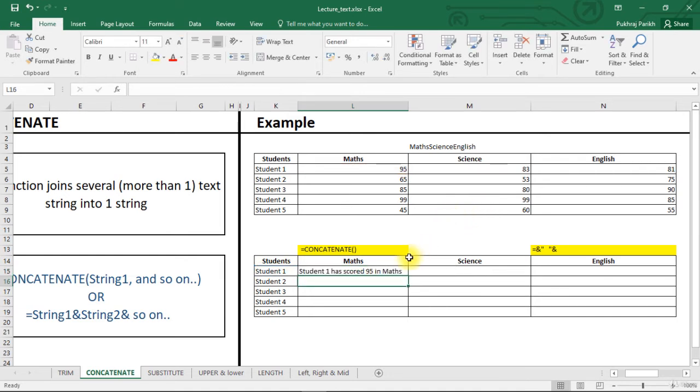When I press enter, you can see that the complete sentence is created. Student 1 has scored 95 in maths.